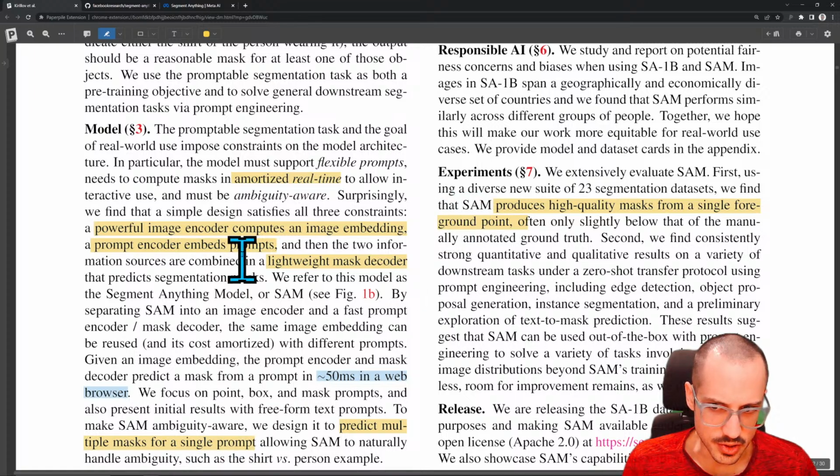Now, this is spatial prompting. They find consistent, strong, quantitative and qualitative results in a variety of downstream tasks using a zero-shot transfer protocol using prompt engineering, including edge detection, object proposal generation, segmentation, and a preliminary exploration of text task prediction. Okay, so these are slightly different